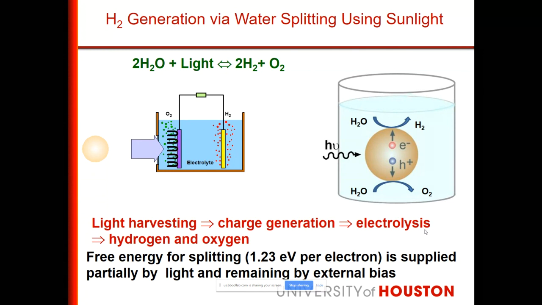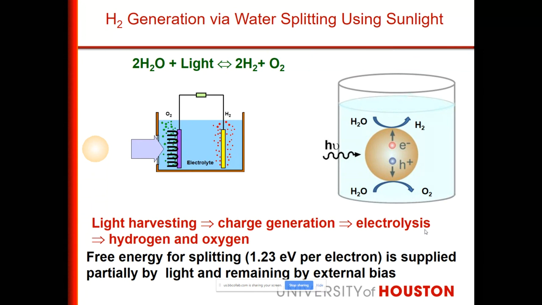So what we do is disperse either nanoparticles, nanotubes or two-dimensional nanostructures inside water and shine light. The electrons and holes are generated, as I explained before. These are not far away from the surface. They can cause the reduction and oxidation to produce hydrogen and oxygen. But the problem is that this is not sustainable. After some time, these particles can lose their surface properties, and that can reduce the activity.